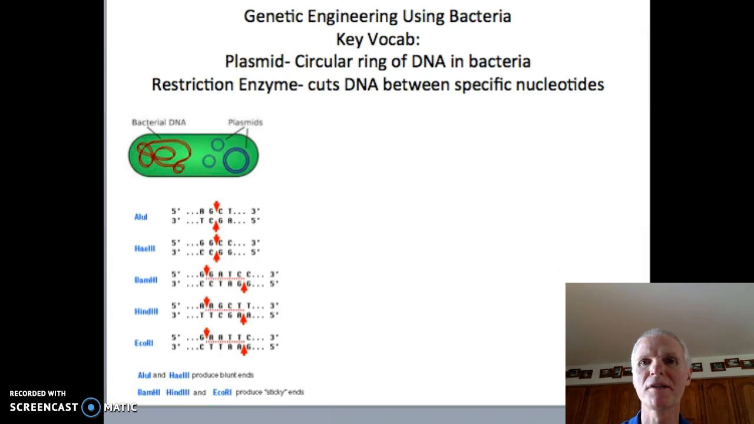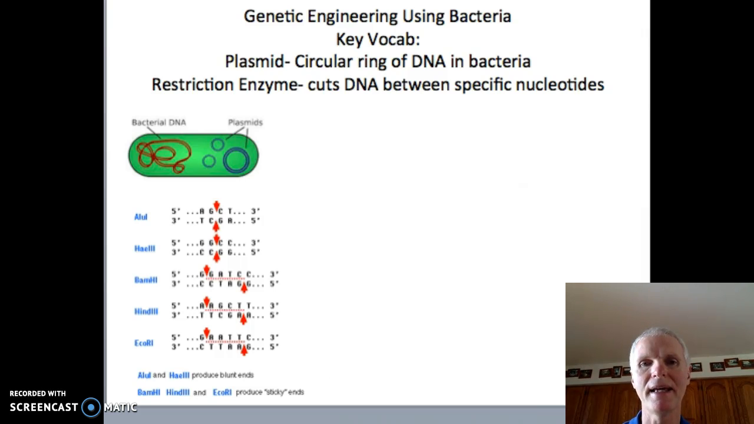Some of the main organisms used in genetic engineering are bacteria. The reason being they are fairly simple and they have a circular ring of DNA called a plasmid in which scientists have found out how to alter it. They use what's called restriction enzymes, which cut DNA kind of like a scissors at certain locations. The main one we will be speaking about is EcoR1, the lower one there, which cuts when you have the